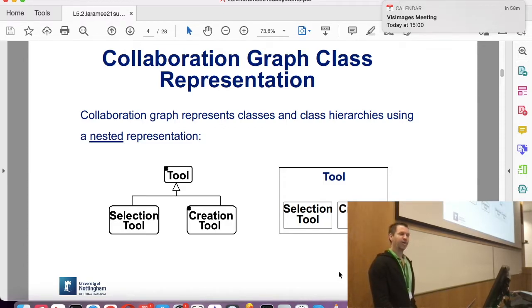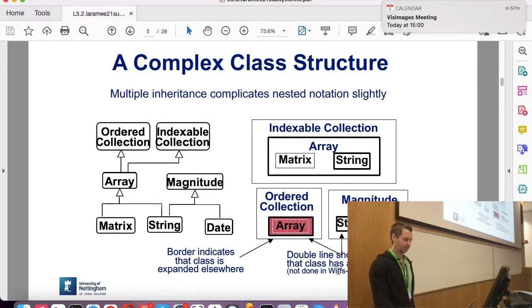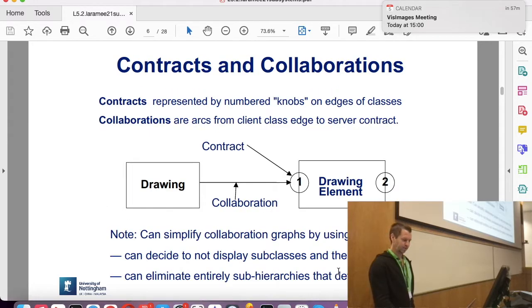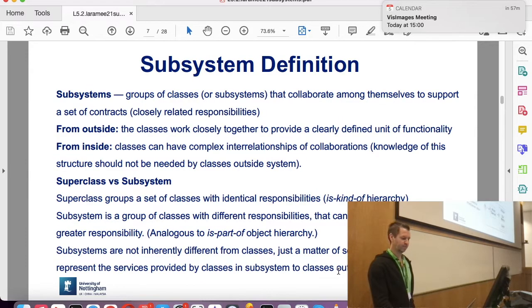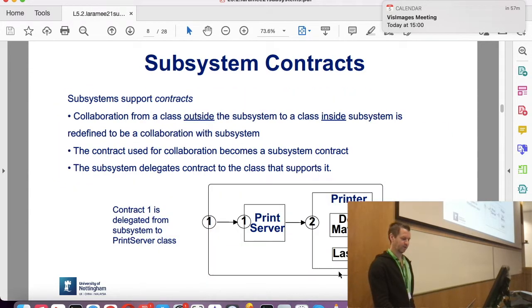And you might remember I said I thought it was confusing because the hierarchical and nested representations are combined into the same diagram sometimes, or oftentimes. We talked about this confusing multiple inheritance example, how to represent contracts visually, how to define subsystems, how to define subsystem contracts,